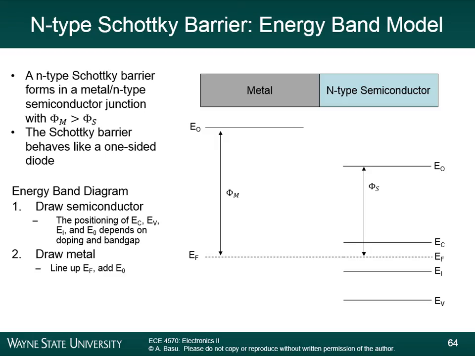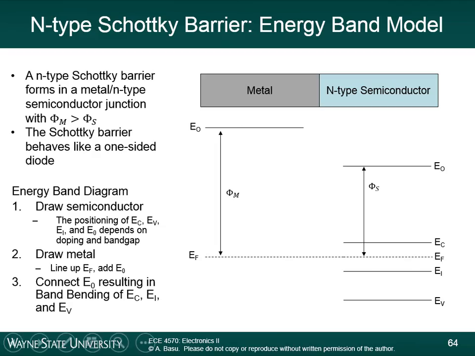So you've drawn the two band diagrams independently. Now, just like the PN junction, you have to connect those band diagrams together. If you remember with the PN junction, we connected EC on one side to EC on the other side, and EV on one side to EV on the other side. We can't do that in a metal because we don't have EC and EV. What they both have is a free electron level, so we match those up. You draw a connecting line between the two E0s, going from here to here, and it goes up like this. You see,